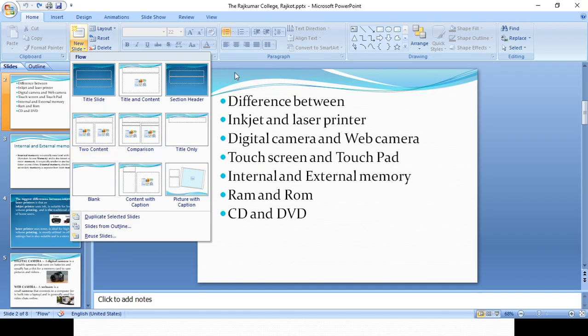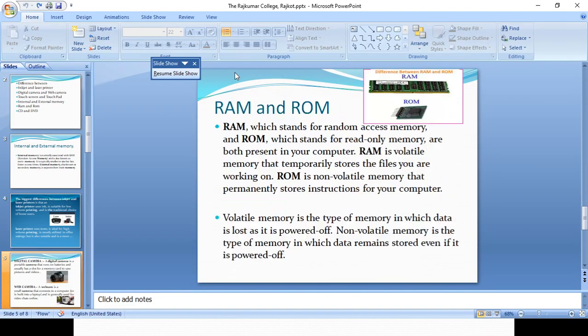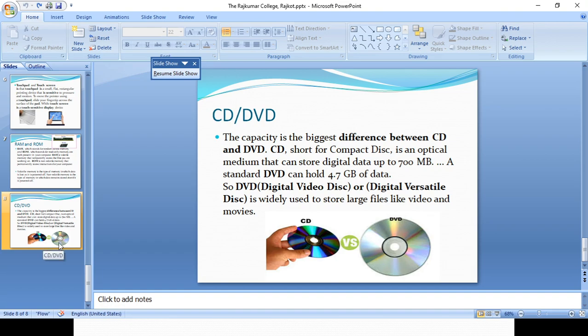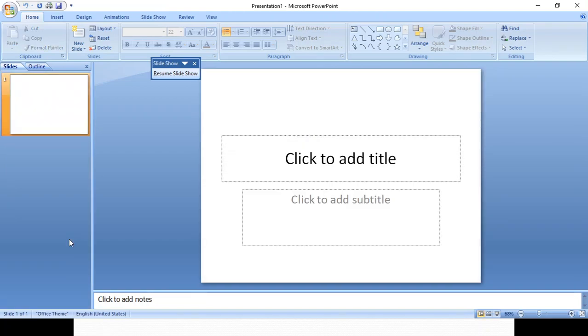Okay, see, there is one question. It is in true or false that whenever I want to insert a new slide I have to press Control N. It is not Control N, but I have to press Control M. See, in the last slide I am pressing Control key and M key. M for monkey. Control M will add a new slide, but if I press Control N, then it will open a new presentation for me. So that true or false was false. It is Control M which allows you to insert a new slide.